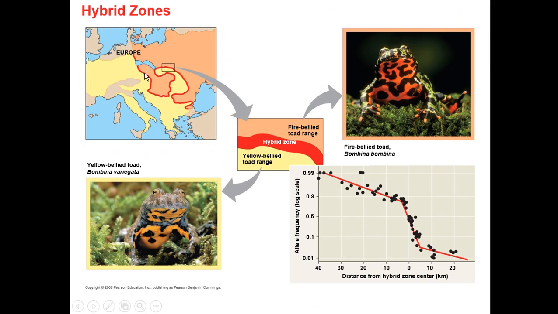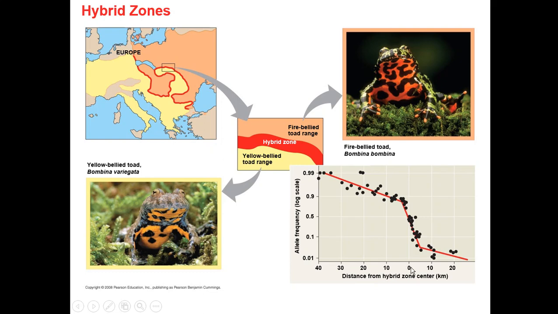Here in this case, ito yung hybrid zone. Around here is the fire-bellied toad range, tapos yellow-bellied toad range. Since they are adjacent, in between is the hybrid zone na tinatawag. You call this Bombina variegata. Kung titignan mo siya in different concepts of species, you will arrive at different justification. Pwede mong sabihin na sila ay magkaparehas, sila ay hindi magkaparehas. Here is the graph showing the allele frequency and the distance from the hybrid zone center. As the distance from the hybrid zone center,